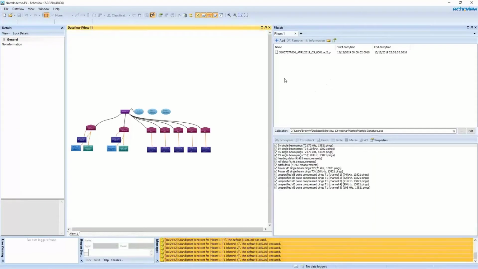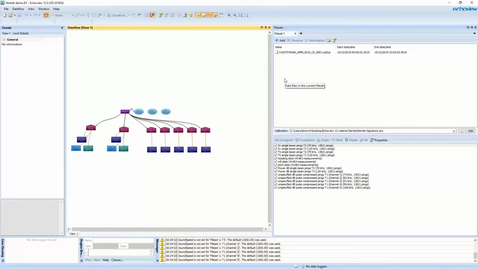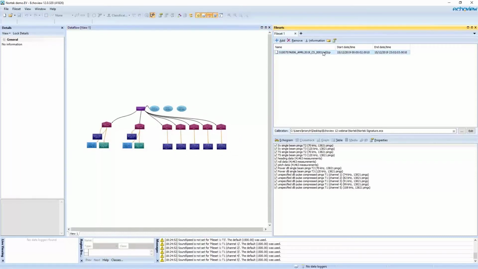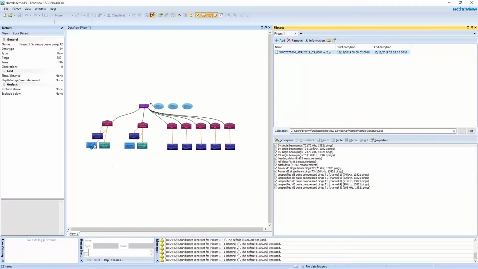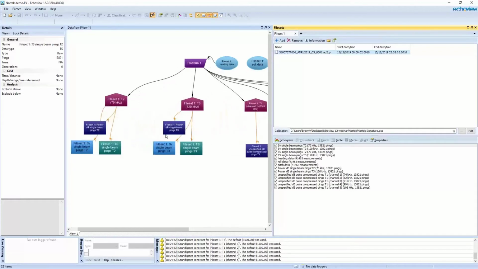So this data was kindly shared by NOAA's Antarctic Ecosystem Research Division. This Nortek data file format, which has an AD2CP extension, EchoView will read this and derive a number of raw variables. In this particular case, the system was set up to have 70 kilohertz narrowband data collection, 120 kilohertz narrowband data. For both of these frequencies, we have power, Sv, and TS echograms available.